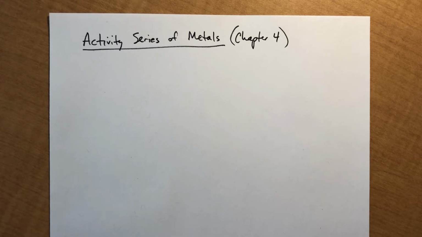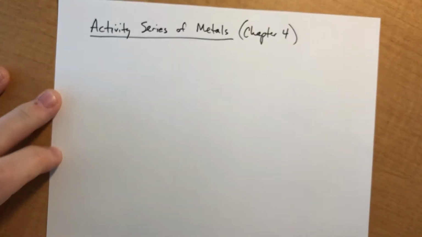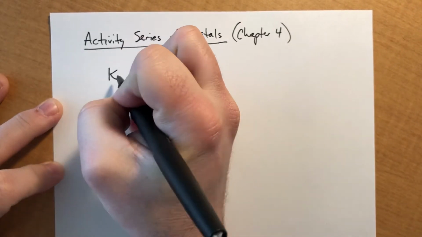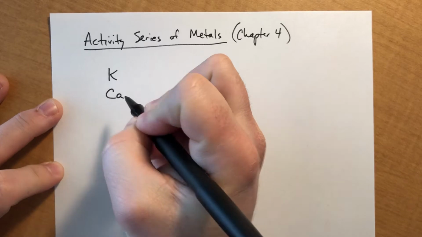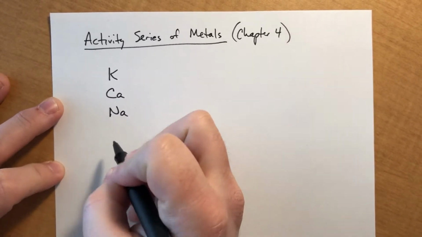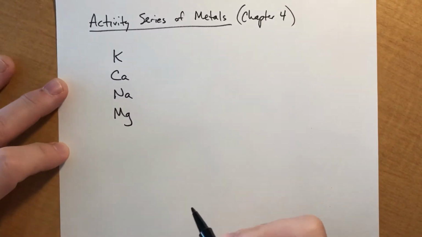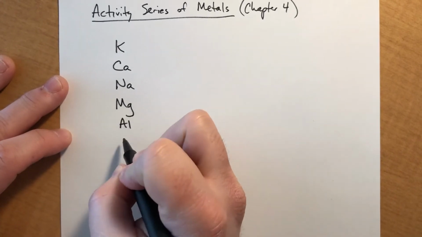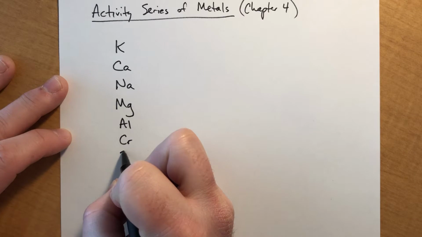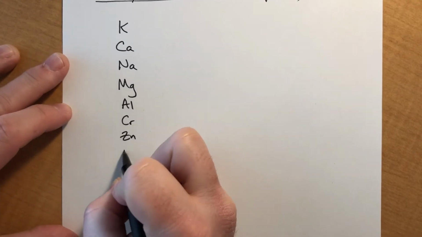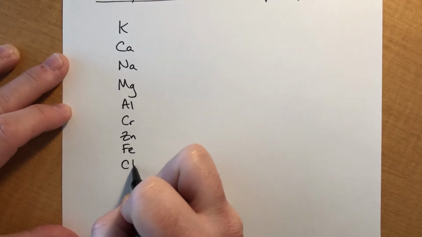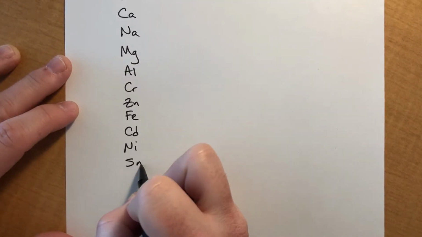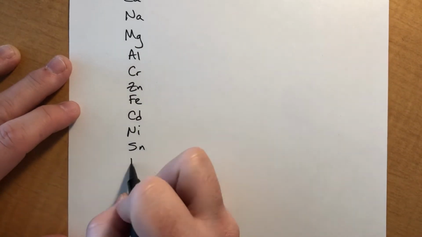It's literally just a big list of metals, so I'm going to write it vertically because it takes a lot of space. Hopefully it fits on the camera okay. So, I do not need you to memorize this list. Okay, so we have potassium, calcium, sodium, magnesium, aluminum, chromium, zinc, iron, cadmium, nickel, tin, lead,